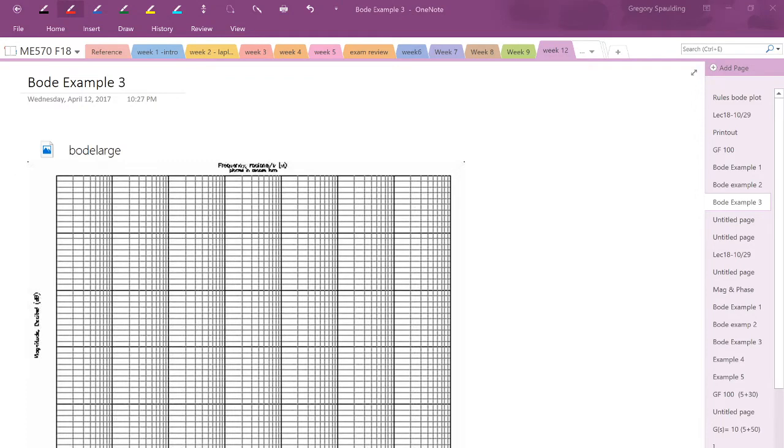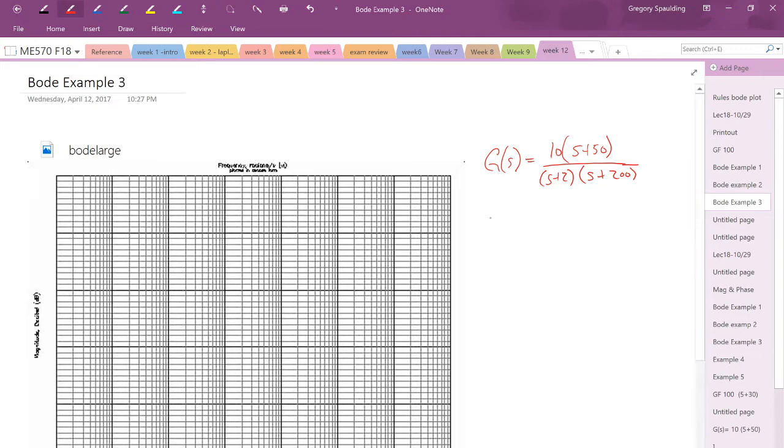Okay, let's work on another example, something a little more interesting. We're going to look at a transfer function G(s) = 10(s + 50) / ((s + 2)(s + 200)). We're going to have a 0 at 50, and then a pole at minus 2, and a pole at minus 200. So if we wanted to do the asymptotic Bode of this, the first thing we're going to do is